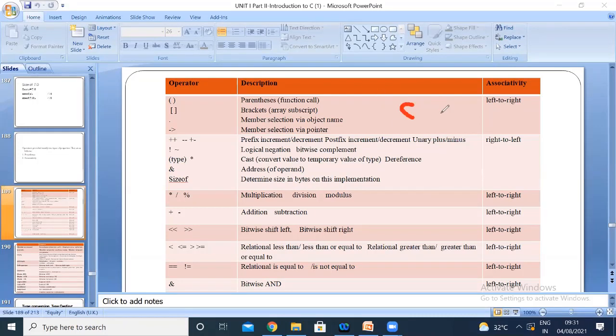I was given the expression a plus b into c plus d. Sorry, 4 into 3 plus (4 equal to 5).